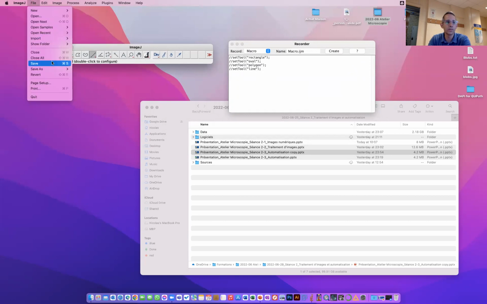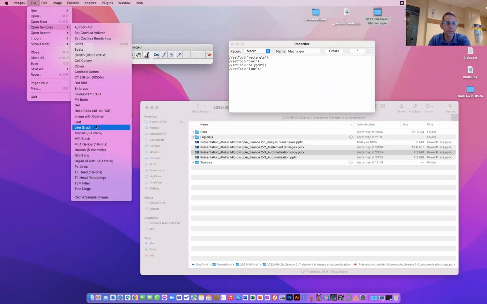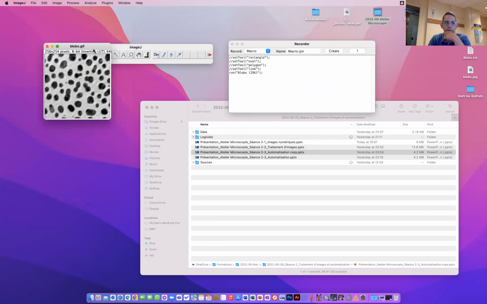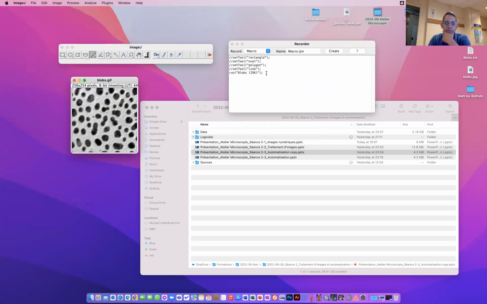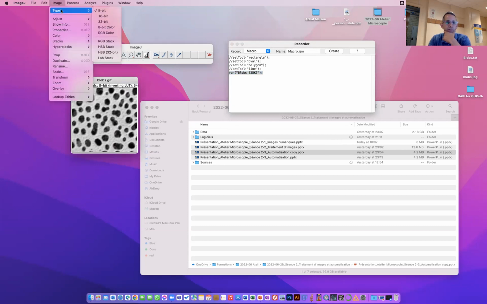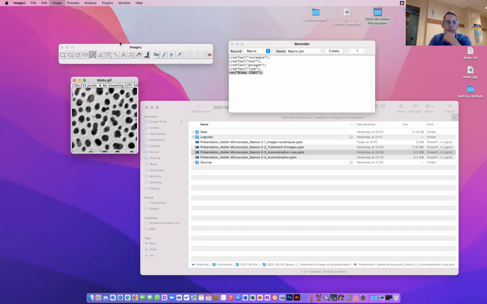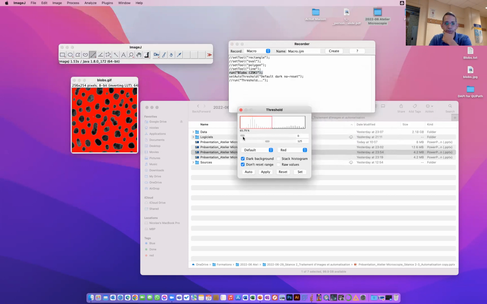If you open an image, I'm going to open, for example, blobs again. You see that it writes run blobs, and this is actually the command line that sends the information to ImageJ to do this task. If you threshold the image, for example, adjust threshold, you can modify your threshold into something that is relevant to you